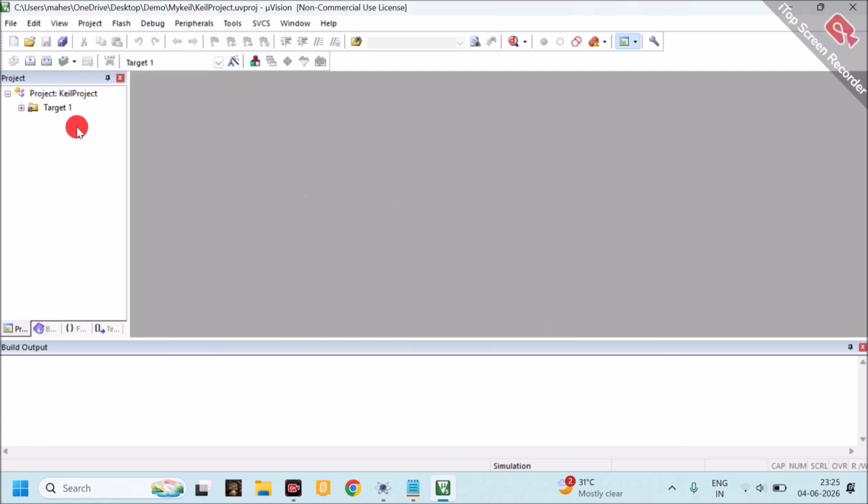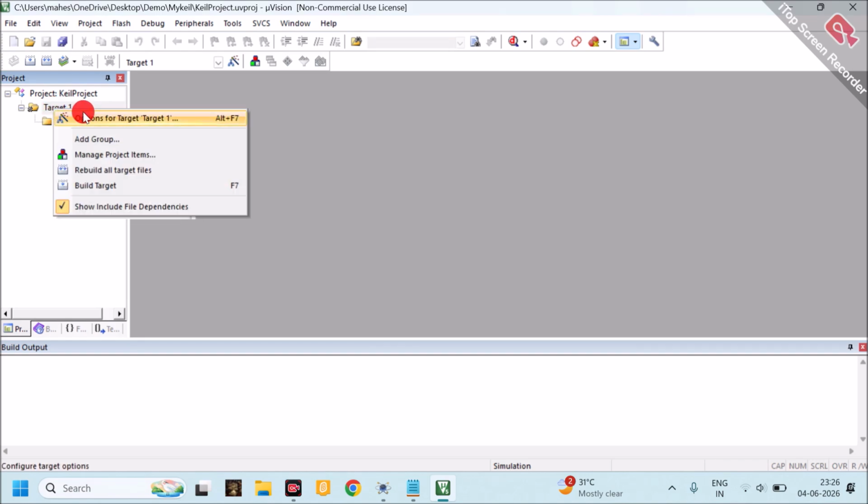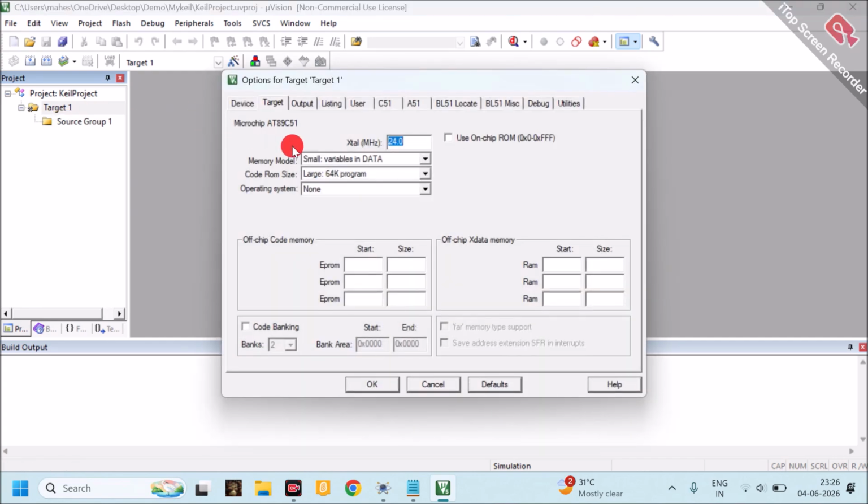In the left window, that is the project window, it is showing Target 1, and under Target 1 there is a Source Group 1 option. I have to make two settings. The first setting is right click on Target 1, select the very first option for Target 1. Under the target, choose frequency 11.059 megahertz.